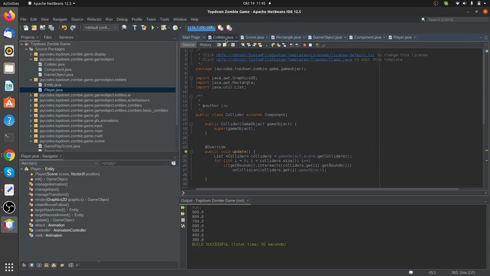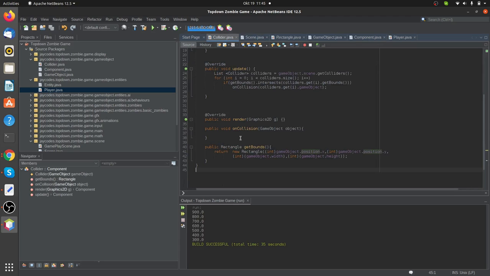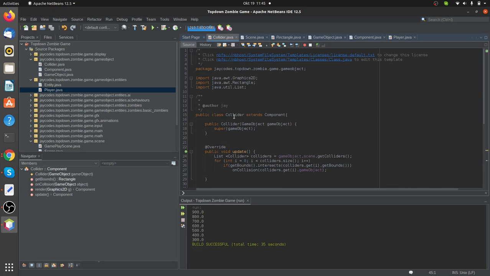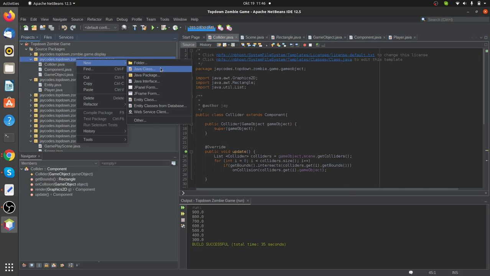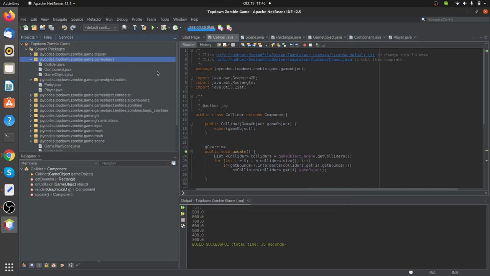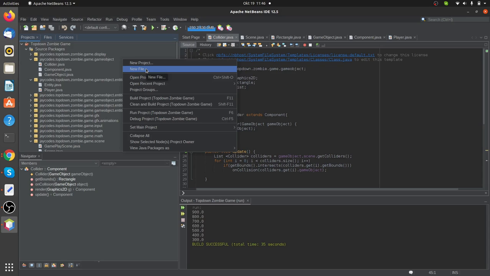Oh, one more thing, we're not yet done. So we have on collision. What I want to do is create a listener, a new Java class. In fact, it's not going to be a class, it's going to be an interface. This is the first time we're using interfaces, by the way. An interface is a set of methods. So we're going to create a new file,